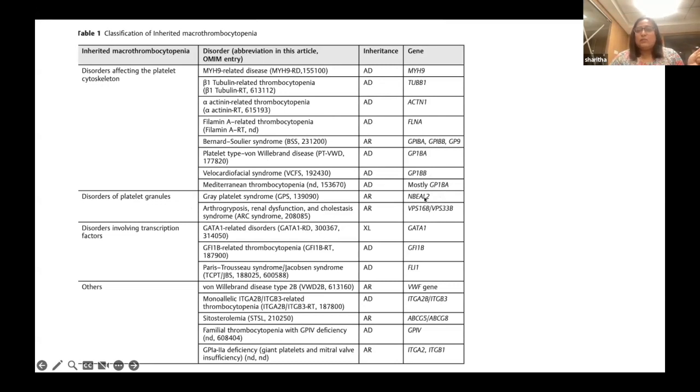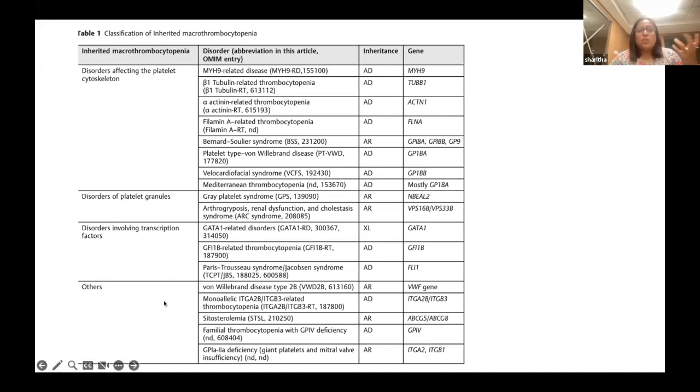That again is one of the transcription regulators of megakaryopoiesis. Again, there are disorders which involve the genes regulating the transcription factors, that is the GATA1 related disorders or the growth factor independent B related thrombocytopenia. All these disorders will have associated dyserythropoietic features. So that is one of the features we have to remember in case of genes involved in transcription